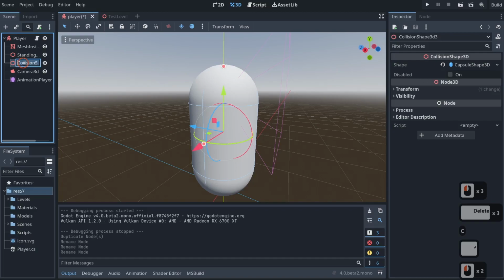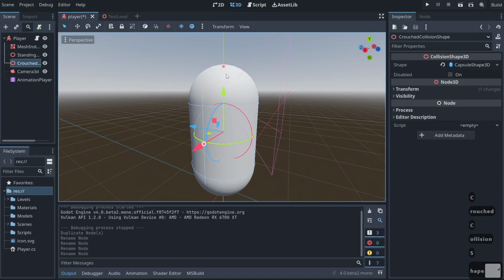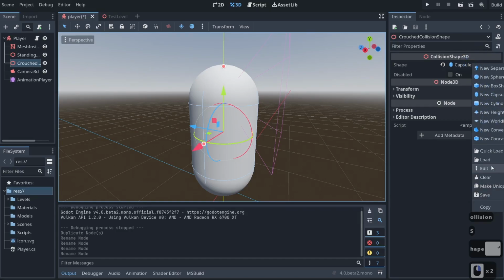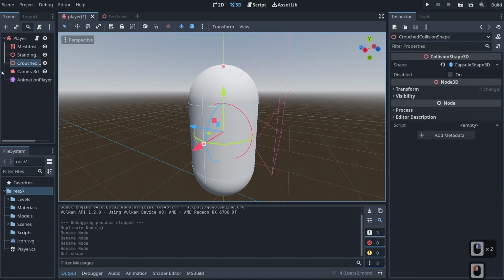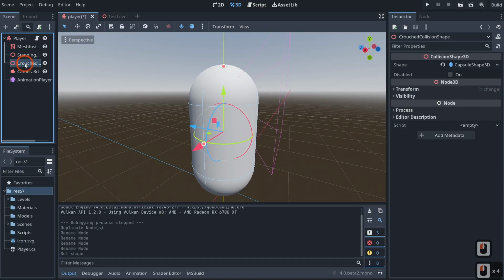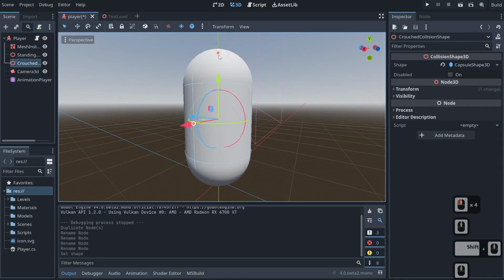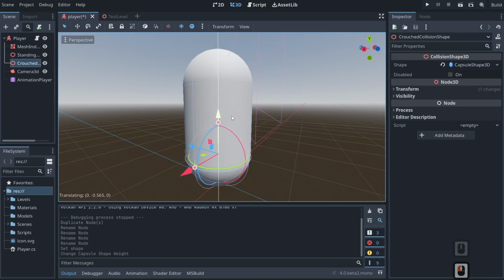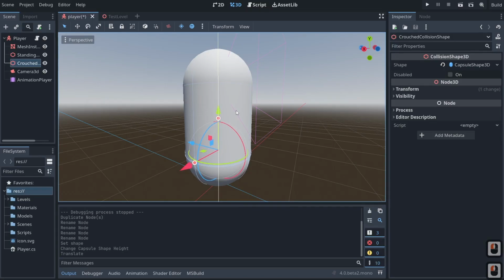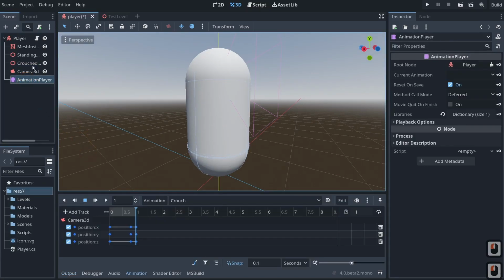Like that. And then we'll call this crouched collision shape. And then let's right click and make it unique. And the reason why is because these two guys can share a reference and that will break everything if you don't make it unique. So let's drag this guy down like this. And then let's drag this guy down here like that. And then in our animation player, we can just come to our